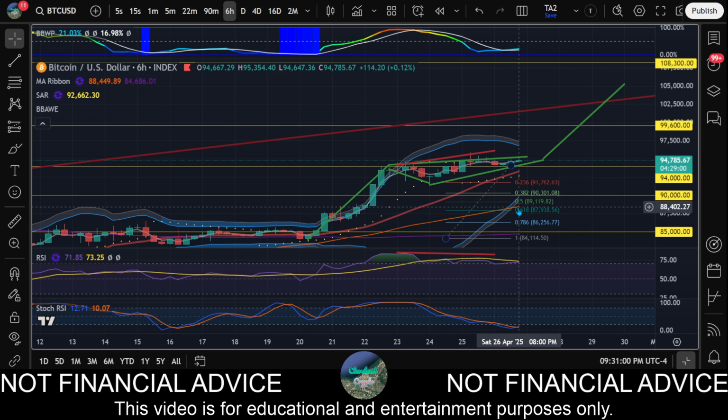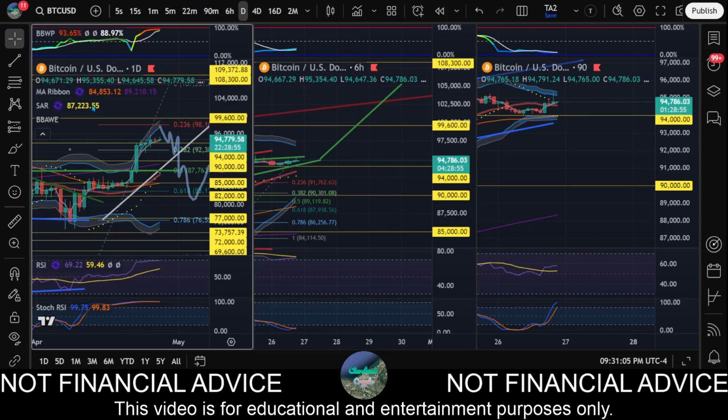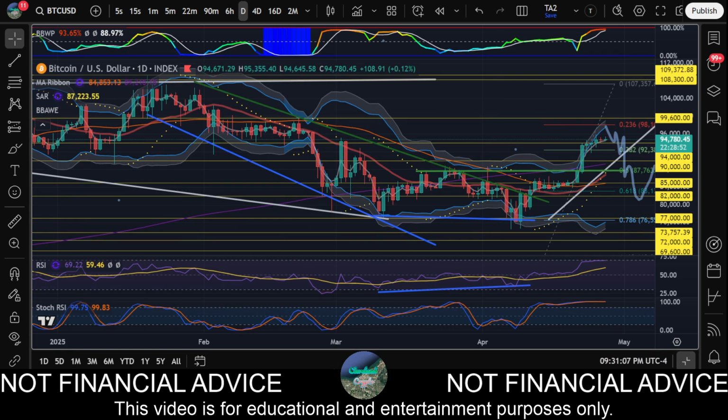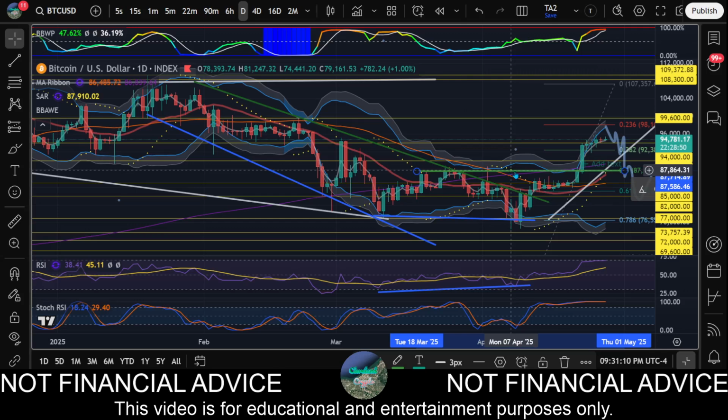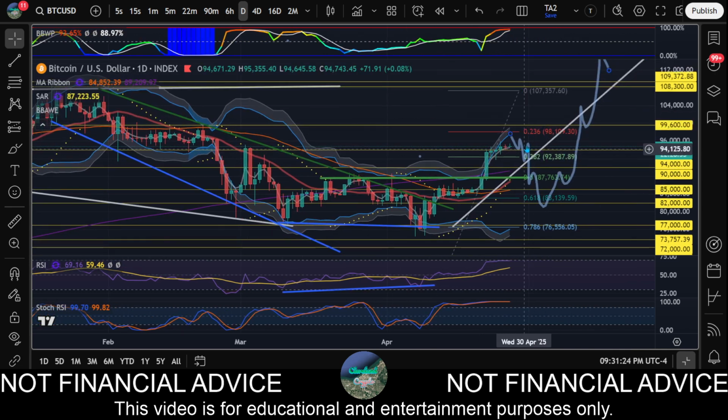Why 88? Well, because, and we'll go to the daily now, as we've seen on the daily, 88 is our, here, let me make this a little bigger so it stands out a little more, that green line there. That was our last high that we just broke over. If that can act as support, we'd be very happy. We talked about this yesterday, that even with a pullback, which is quite likely now, a pullback down to 88 or even further down to like 80, 82,